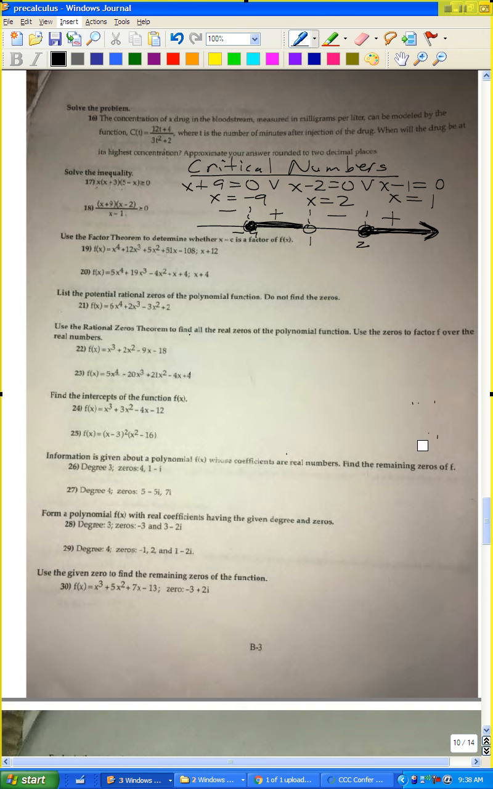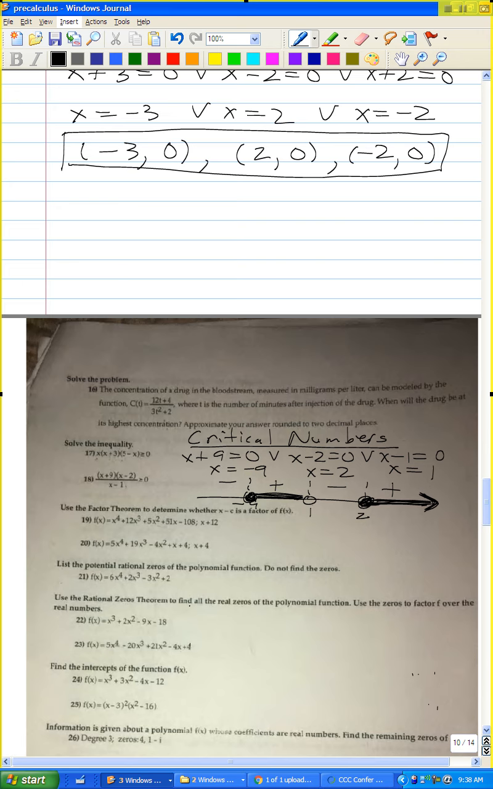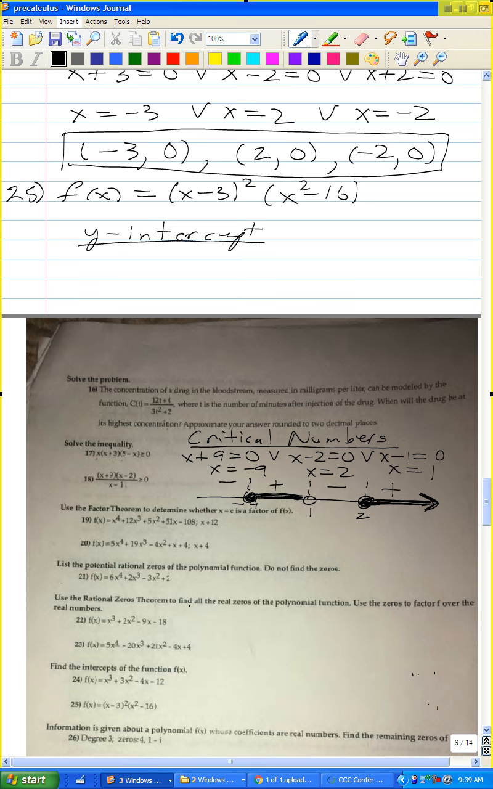Okay, problem number 25. Luckily, they've already factored it for us. So f of x equals (x minus 3) squared times (x squared minus 16). So let's find the y-intercept. And so let's plug in for x 0,